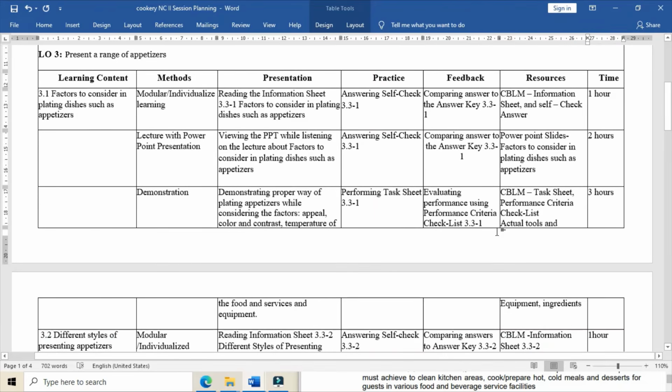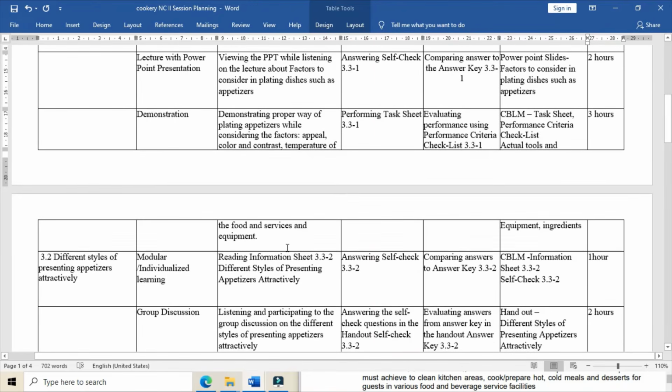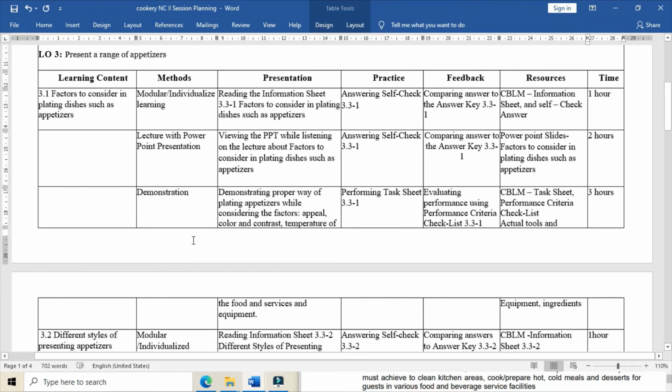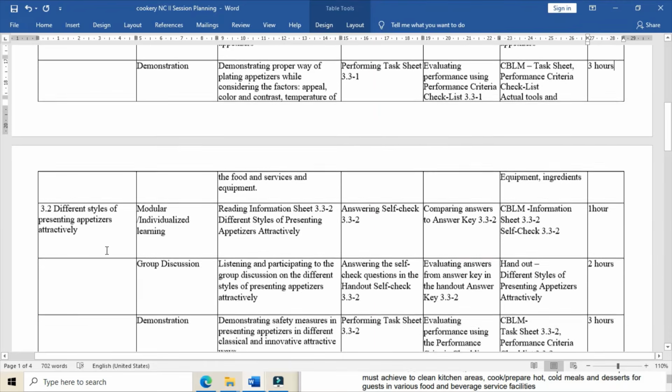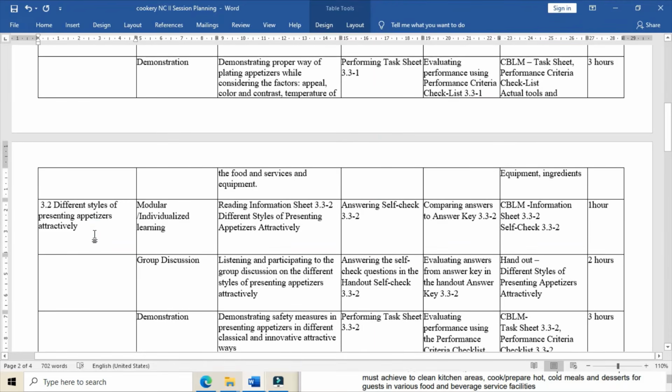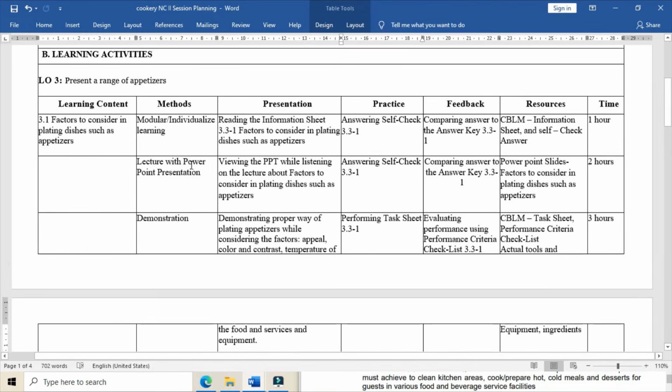So the same analysis and procedure is expected in the succeeding lessons. You can make variations of training methodologies depending on the topic and the skills you want the learners to acquire. As you can see on the second learning content, I still have modular individualized training. The same procedure follows: there will be reading of information, answering self-check, comparing answers, and the resource will be the CBLM. However, instead of lecture with PowerPoint presentation, as the method I used in learning content number 1,